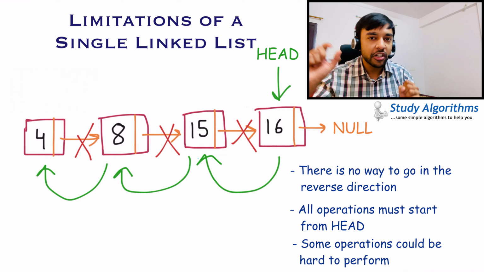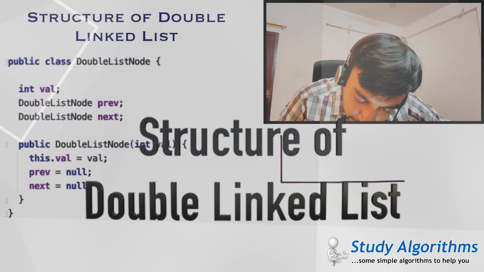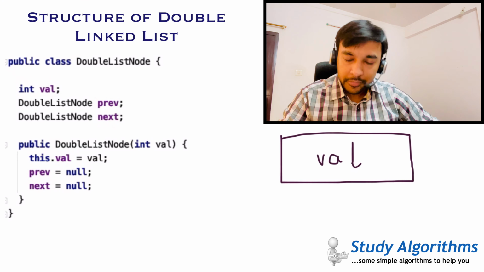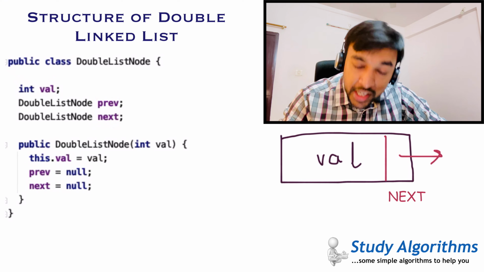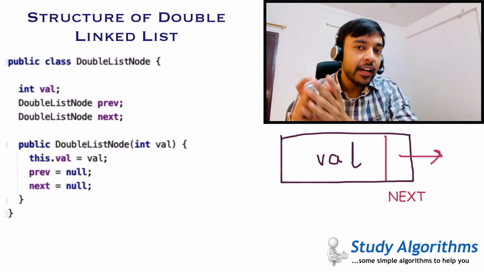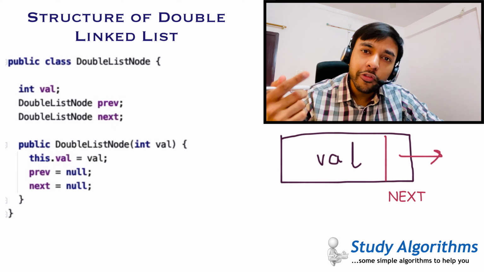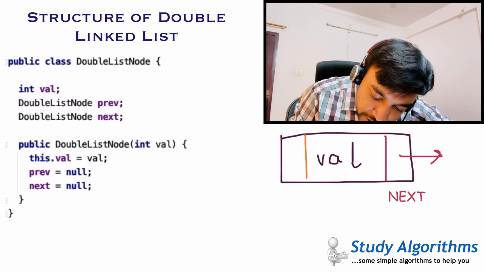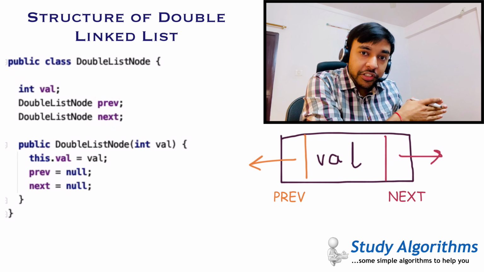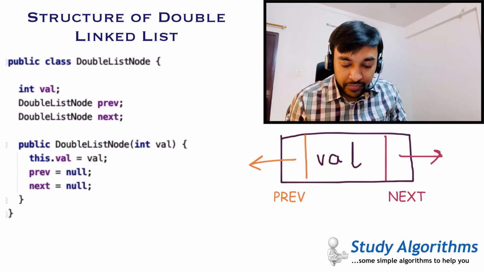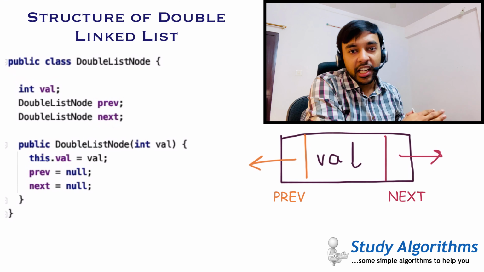Let me show you how the structure of a double linked list node looks. Let us first create a node and assign some value to it. If this was a single linked list, what would you have done? You would have created a next pointer and then you can add new values to the next of this node, right? But this is a double linked list. So what you will simply do, you will add a previous pointer also. And if you want to add new values to the previous of this node, then you will use this previous pointer. So now you have a way to iterate in the next direction or in the previous direction.